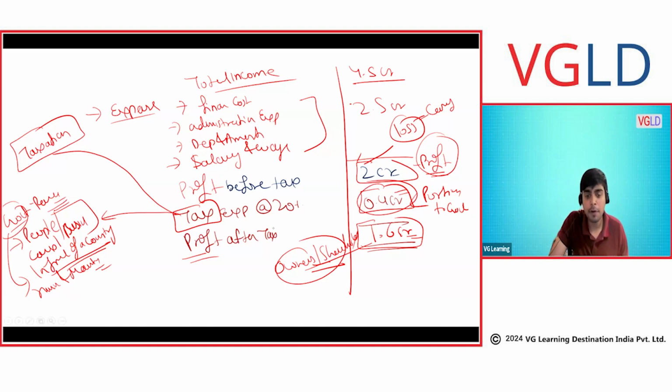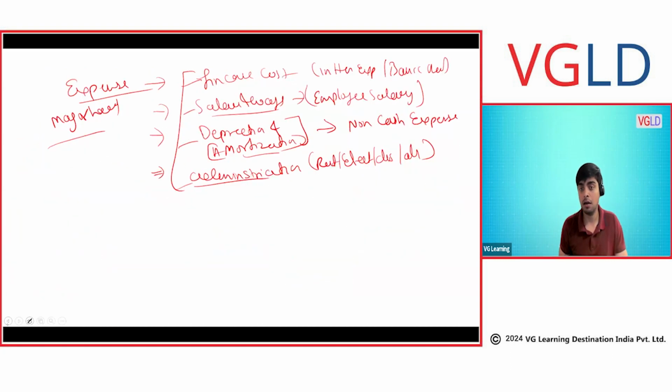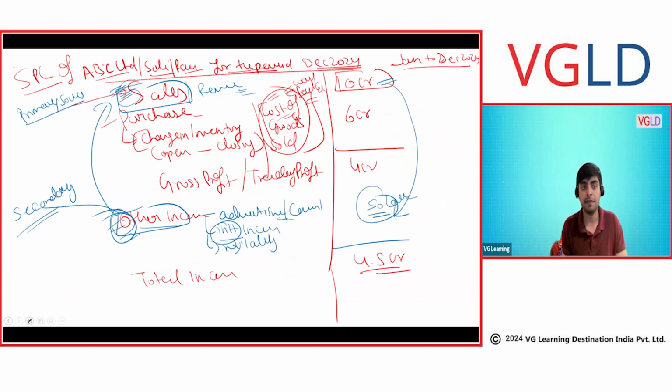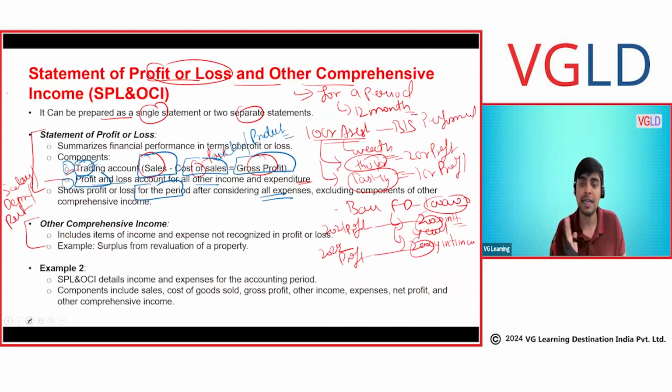Savrit is asking whether the statement of profit and loss includes indirect expenses and income. See, Savrit, good question. When we prepare the statement of profit and loss, the financial statement doesn't say direct and indirect. It says what you have as gross profit, what you have as net profit.